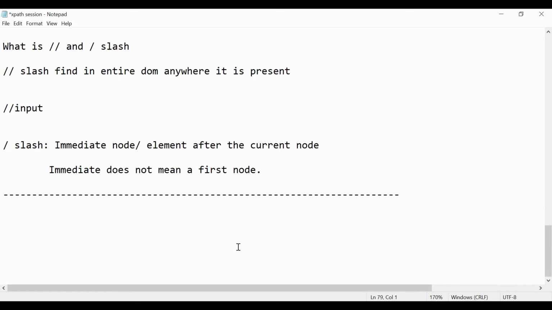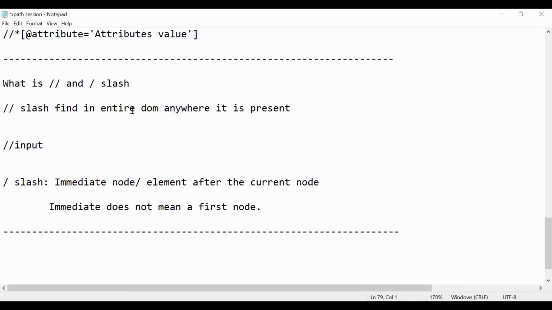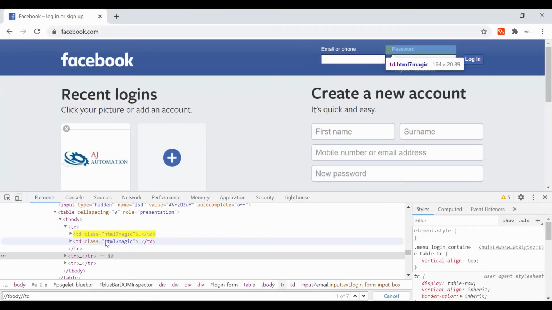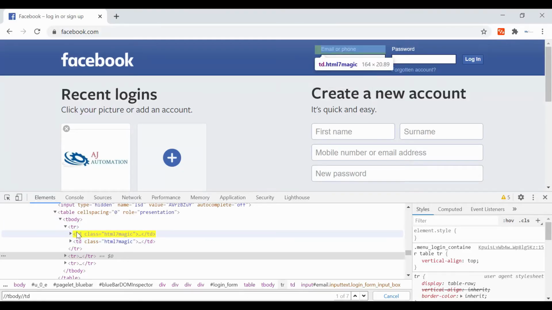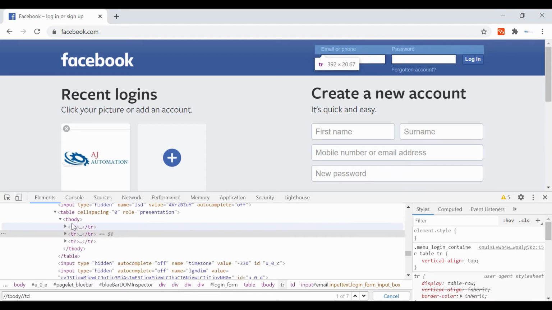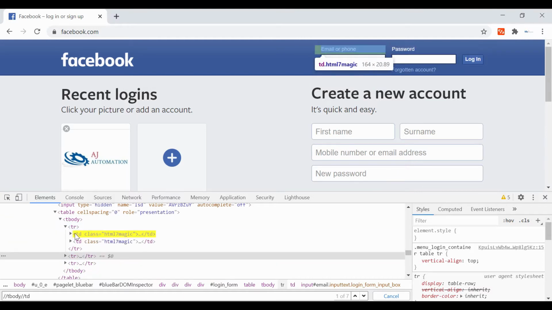Then we have seen that double slash you can use to find an element that can be anywhere. That means using double slash you can go from tbody to TD. You can see that this tbody, for example, is a parent, and this parent has 3 children. So using single slash you can just move to the children of this parent.